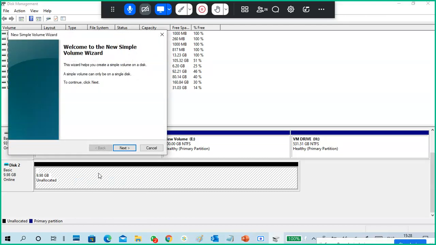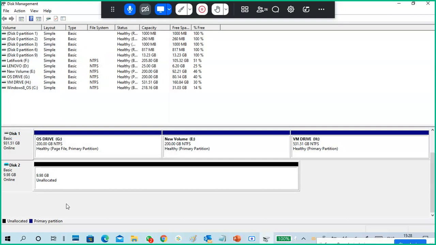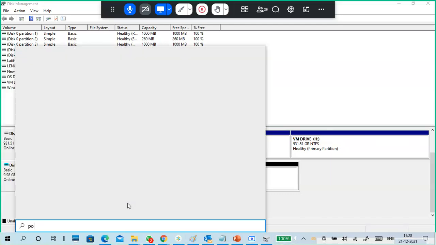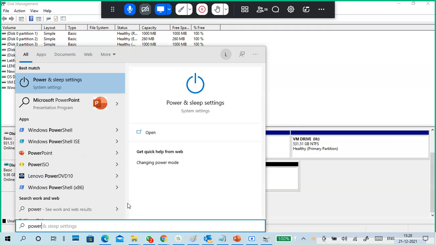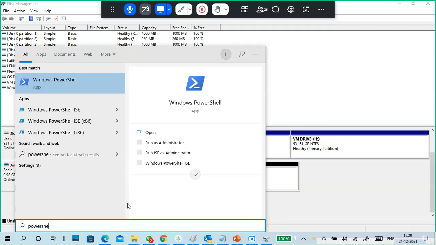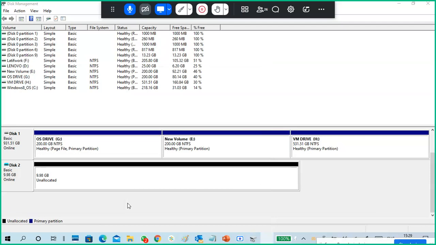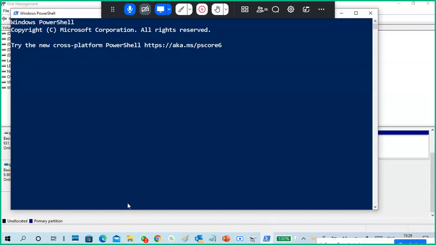Of course, there are commands to look at that also. This is a GPT disk, but you can use a command prompt or a PowerShell also. Very simple: Get-Disk. You'll get disk one, two, three.